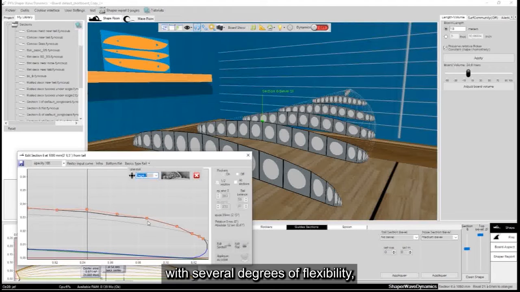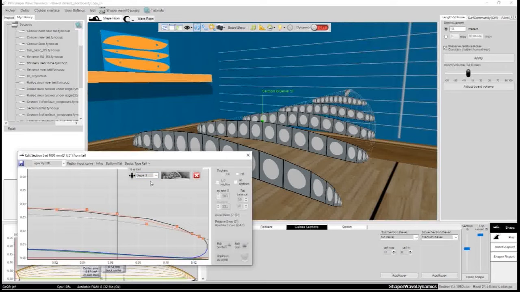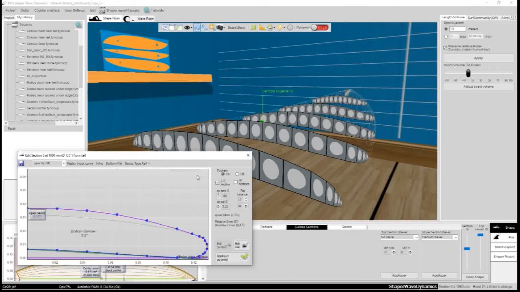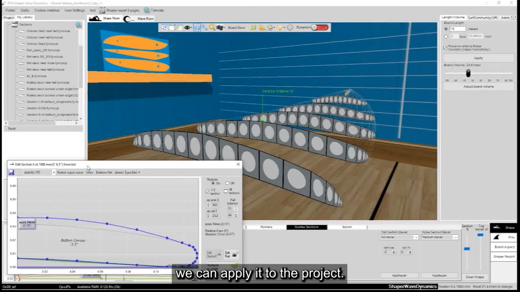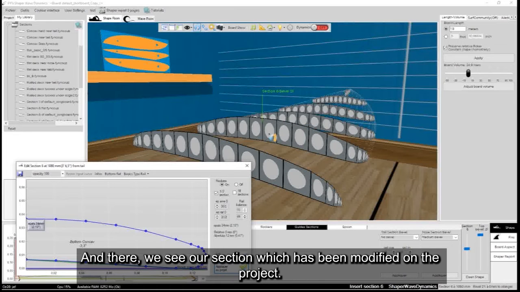With several degrees of flexibility, we will stay in the low enough degrees to have the harmonious tension. We apply and we exit the tool. The section has been modified. We can apply it to the project. And there, we see our section which has been modified on the project.